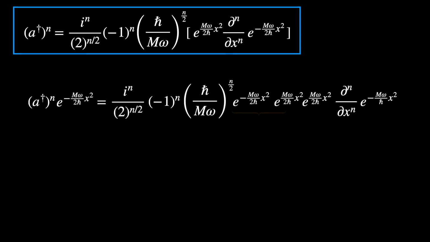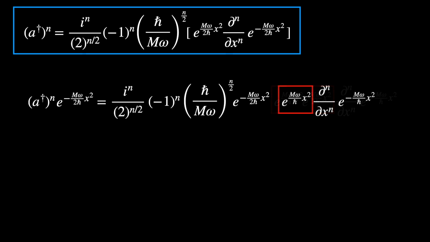We insert a Gaussian and its inverse, so that we can make a term which is the inverse of the Gaussian in front. Notice that this square bracket contains a function and not a differential operator, like the one in the blue box above. Since we are applying a differential operator, A dagger to the power of n, to a Gaussian wave function,